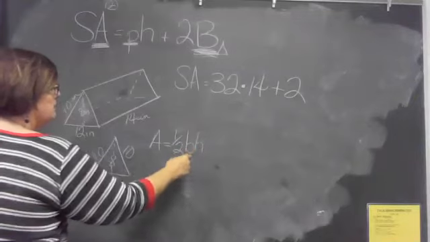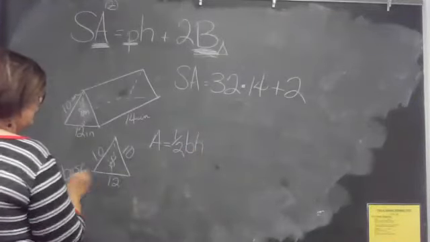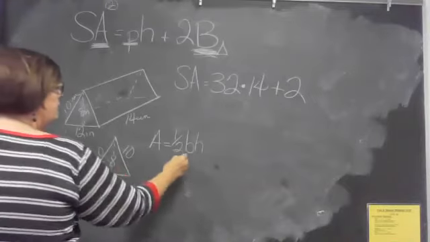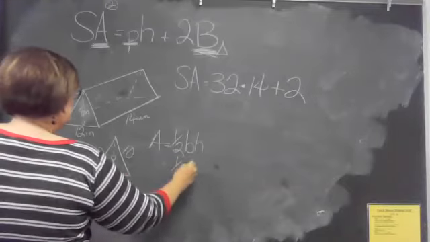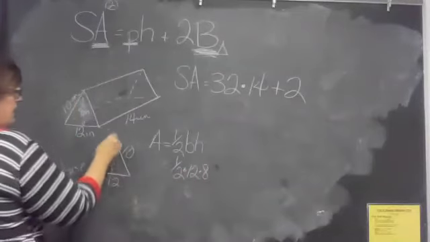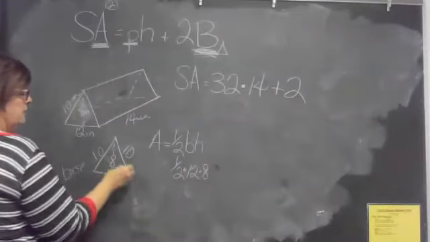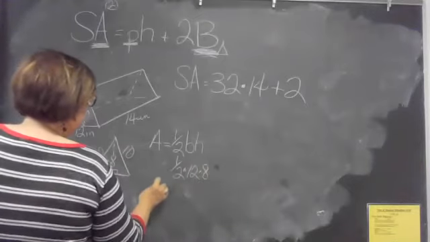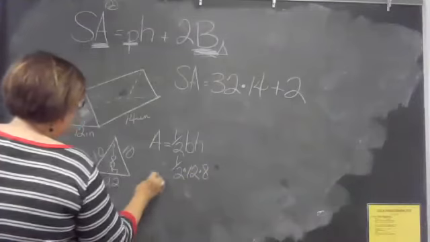And notice this is a little b, so it's just this line. So 1/2 times 12 times 8. Notice that it's 8, the one that's perpendicular to the base, not the 10. 1/2 12 times 8, and so the area of the base